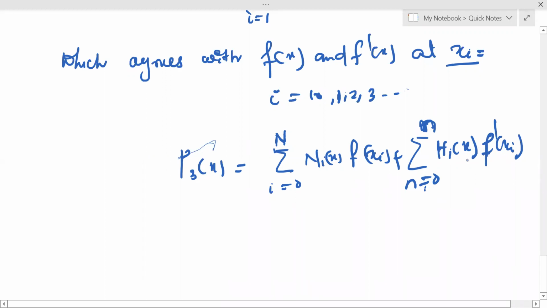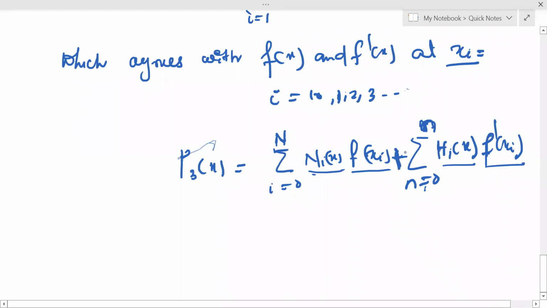कहाँ से छूट गया सर? Which agrees with the f of x and f dash x at xi equal to, उसके बाद ये लिखें सर। f of xi है, this is f dash xi है, यहाँ पे nix है, यहाँ पे hix है। सर जो बीच में वो प्लस है ना? हाँ, ये प्लस है।